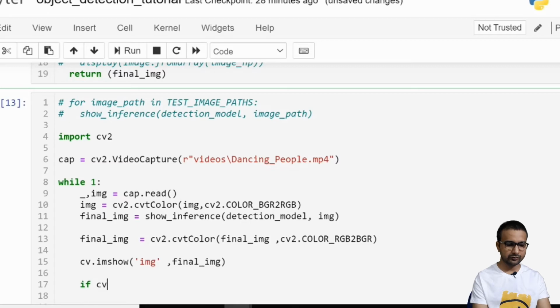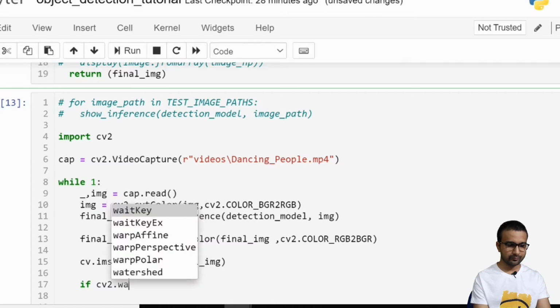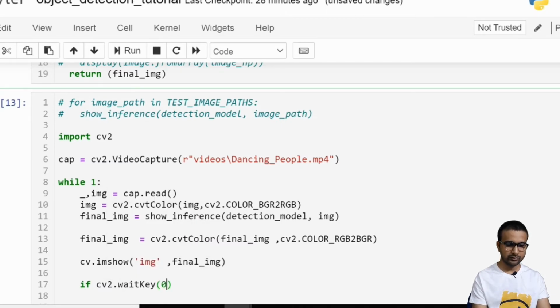You can write cv2.waitKey, comma 0, equals to, you want to quit it, so you can write ord, and here you can write q. So this ord q is going to convert, whenever you press the q key, it will convert it to the ASCII value of q, and when it matches with the wait key, it is going to break this loop.